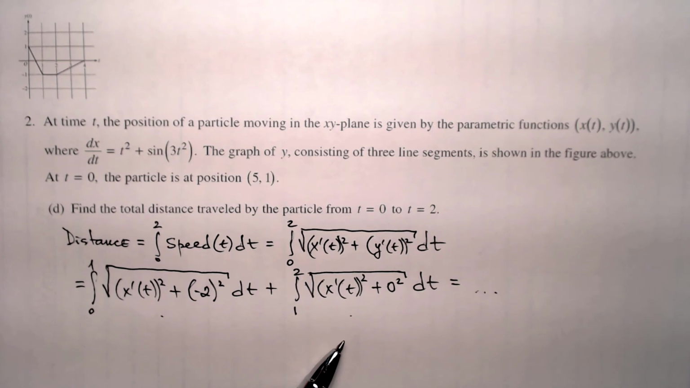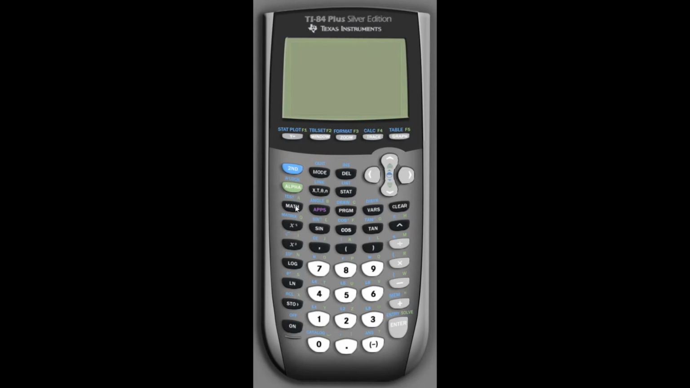Let's do that next. Let's calculate the sum of these two integrals now, and so we go to mathematics, integral, and the first integral is from 0 to 1 of the function square root of, in parentheses, we have x squared plus sine of 3 times x squared, close parentheses, close another parenthesis, squared, plus, in parentheses, -2 squared dx,